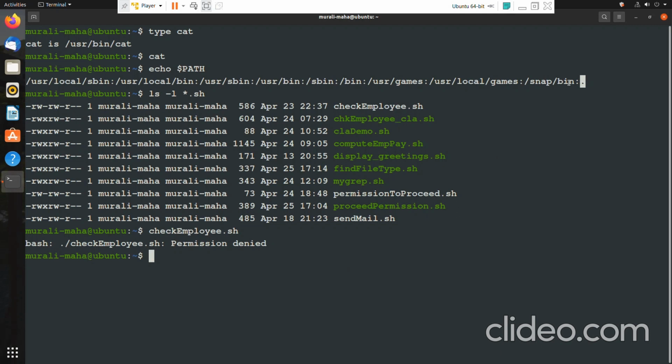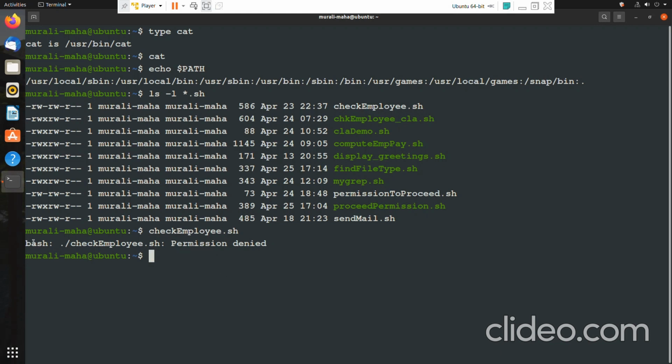So it has tried to execute it. Before executing it, it will check whether the necessary permissions are there. For executing the script, two permissions are required: read and execute permissions. Read permission is there, but execute permission is not there. Hence the shell has come out and told that.